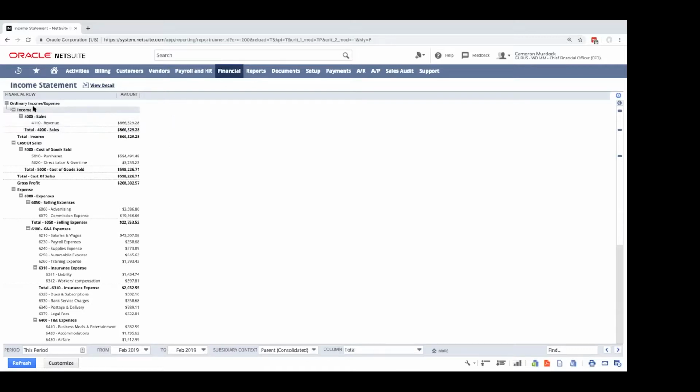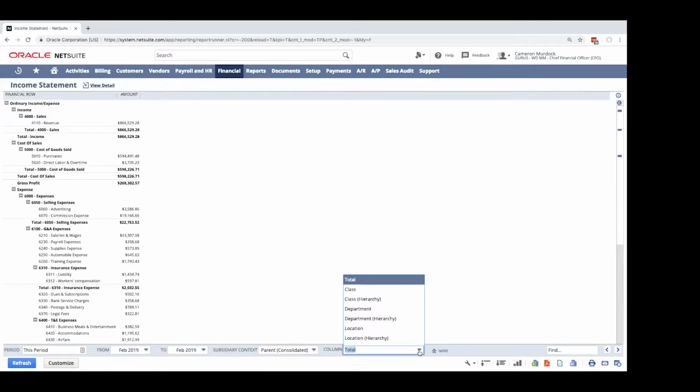And we'll notice that we have our financial sections of the report based on financial rows. At the bottom here, we're going to notice our filters. You can filter by date and by subsidiary. In this case, we're looking at the top level subsidiary, but we could filter down if we had a multi-subsidiary instance. And then finally, we have our column here, which is really how we're slicing and dicing our data.